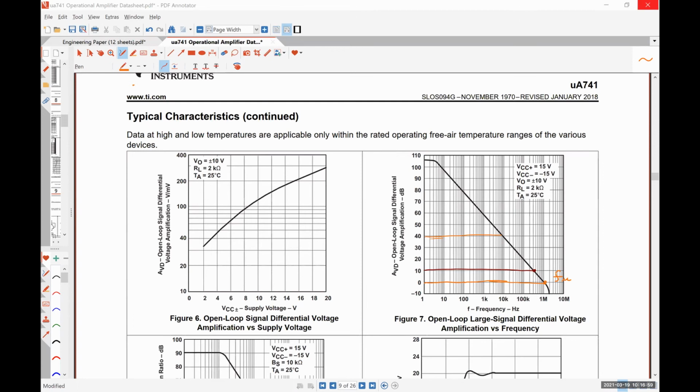There is a little bit of time shift between the two signals. That is due to the compensation capacitor inside. That is the reason why op amps have both finite bandwidth and a slew rate, meaning they can't process signals instantaneously. If we bump our frequency up to 100 kilohertz,